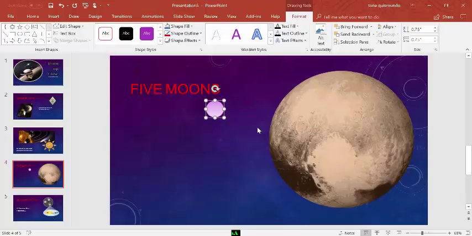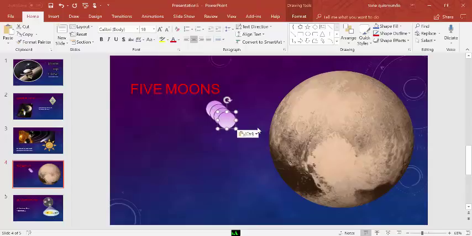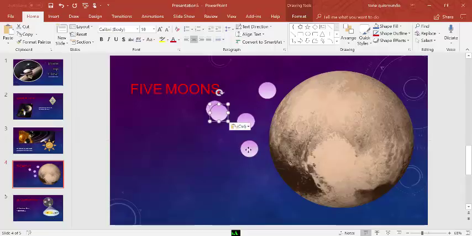So Control C, Control V for Velcro. Velcro sticks it right on, right? And then I'm just going to take these and move them around this image. Oops, I need one more. Control V again. All right, move them around the 5 moons like it shows, and I can use my smart